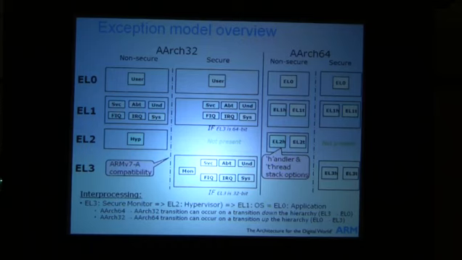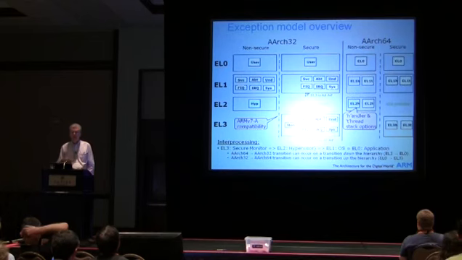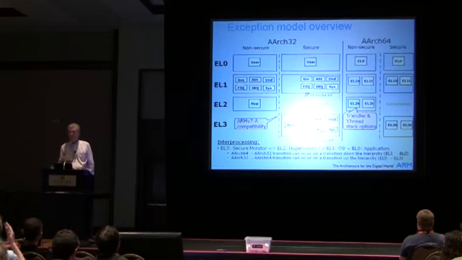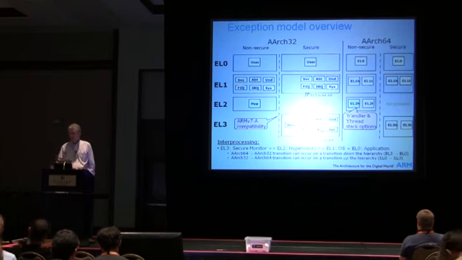And the interprocessing thing I mentioned before, the one rule that I want to give you here is as you move up or down the hierarchy, you can make the change at one point to the 32 rather than the 64-bit architecture. So we never get a situation where something at a higher privilege is at a smaller register width, if you like. So you never get a situation where a 32-bit hypervisor would need to look at a 64-bit operating system, for example, and try to save the context. It's a one-way street, 64 to 32, as you move down the hierarchy.